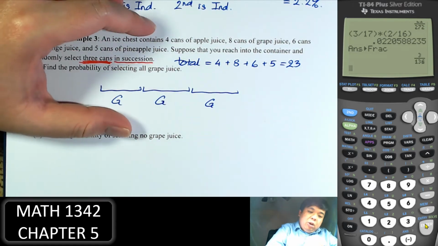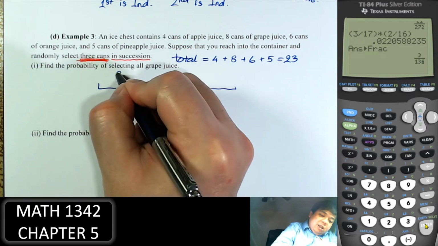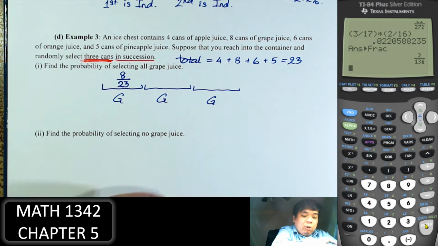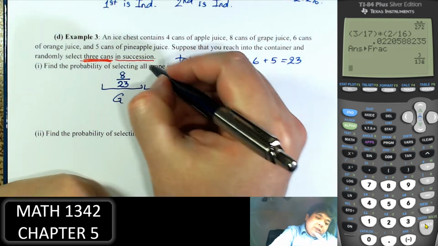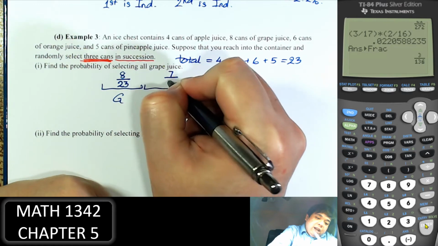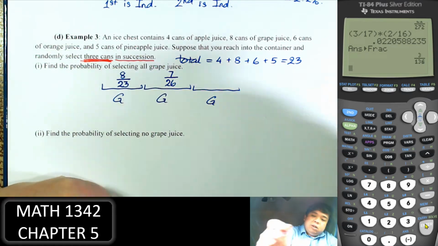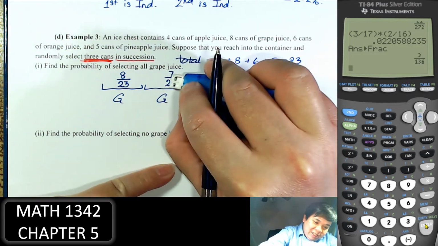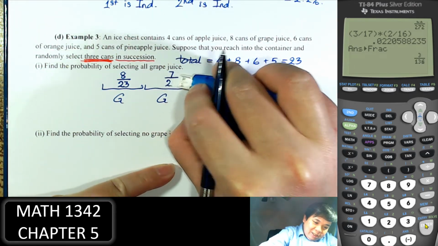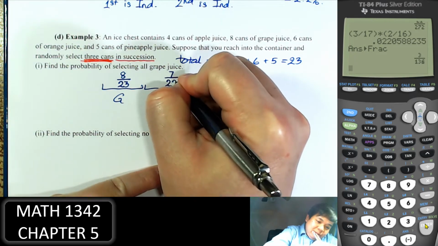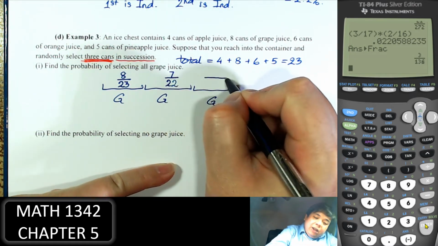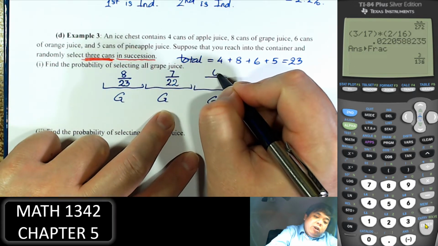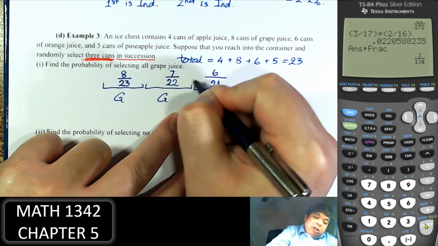Alright, how many grape juice? We have 8. Originally there's 23. So we choose 8 out of 23. Now that we have it, we keep it. There will be 7 left. And there's only 22 left in total. And then when we take 2 out, there will be 6 left out of 21. So multiplication